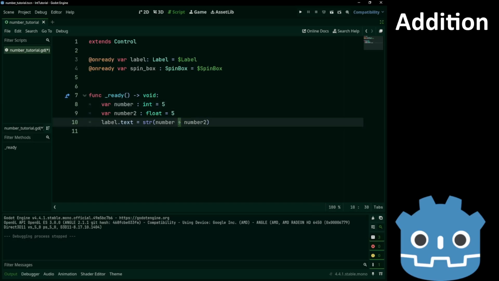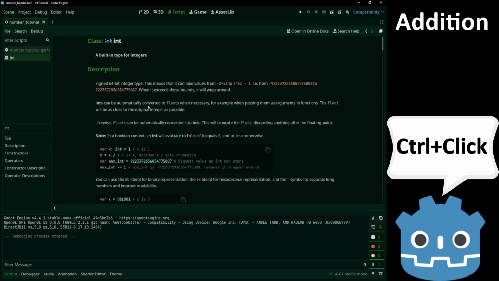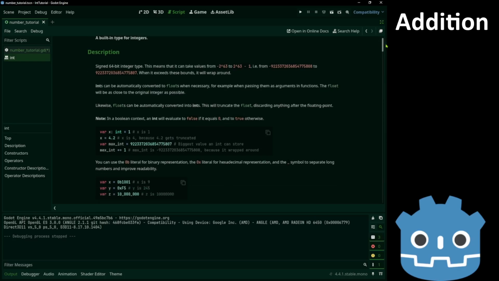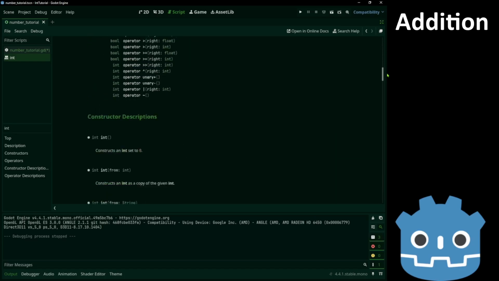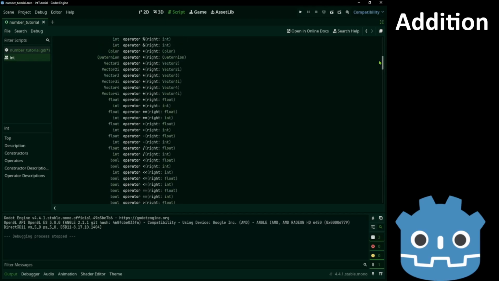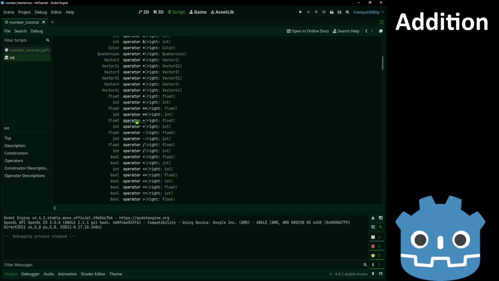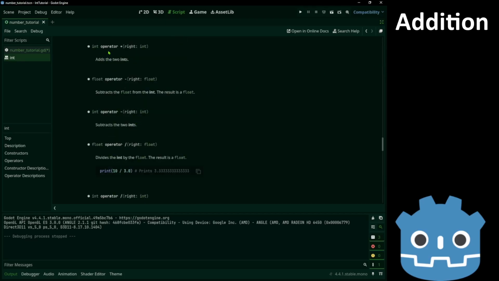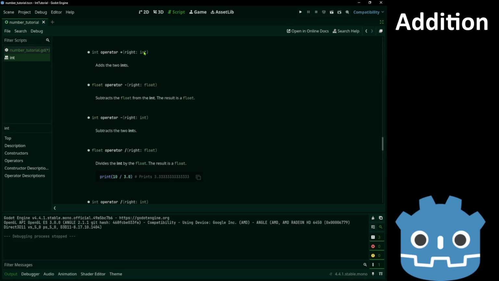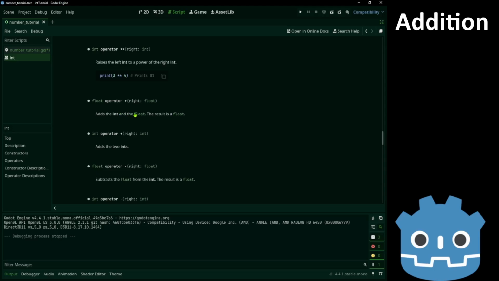And we'll print their sum. The plus operator adds two ints or an int with a float.